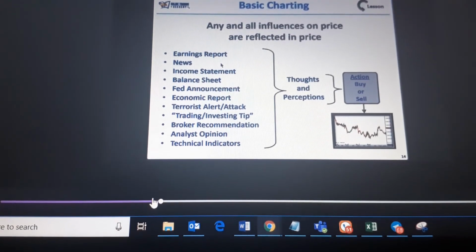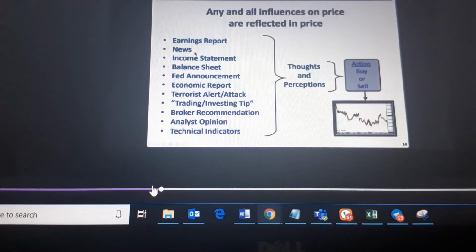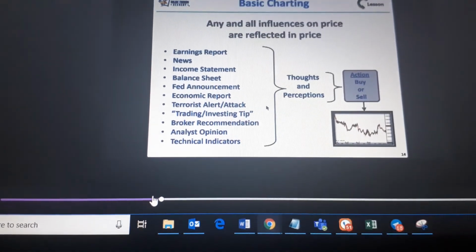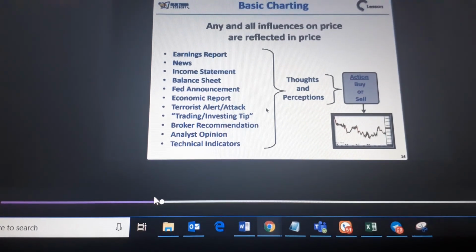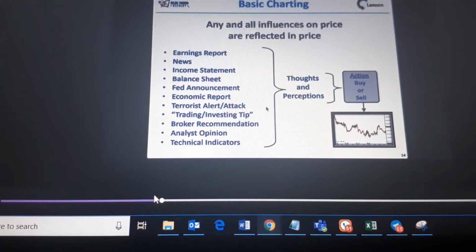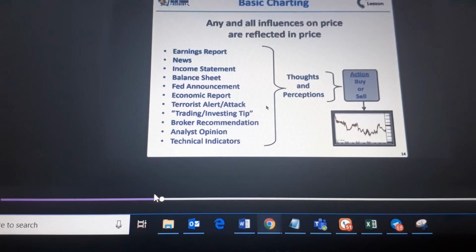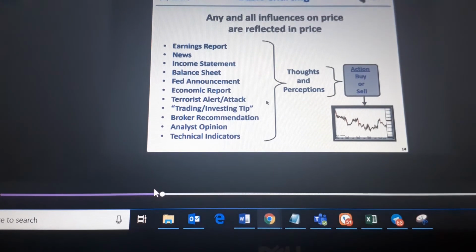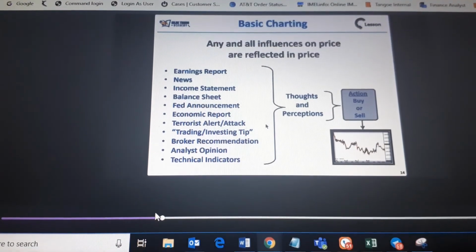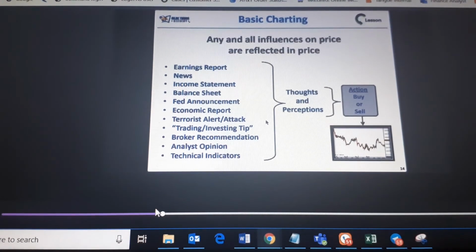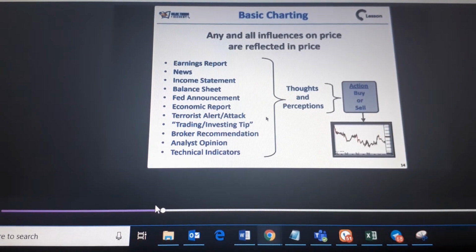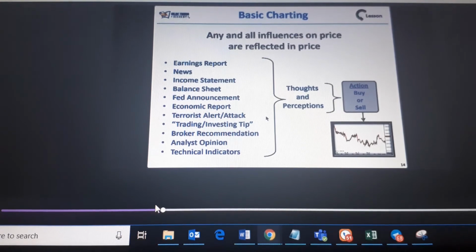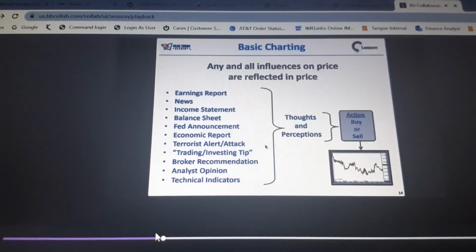Okay, but it should not be with these instances. Whether it's an earning report, an income statement, or a balance sheet, you have to develop your action for buy and sell looking at the charts, whether the prices are coming into a demand zone or into a supply zone. There are many instances when the news on that stock was positive, and it has come into a demand zone and the prices have shot up from the demand zone.